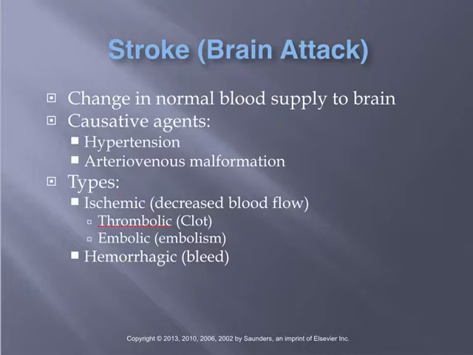From TIA, we move on to stroke. We like to think of those as brain attacks. Like a heart attack requires immediate action, a brain attack requires immediate action. And basically, it is due to a change in blood supply to an area of the brain. Some different things can cause a stroke: hypertension, AV malformations, and one of the highest risk factors for a stroke